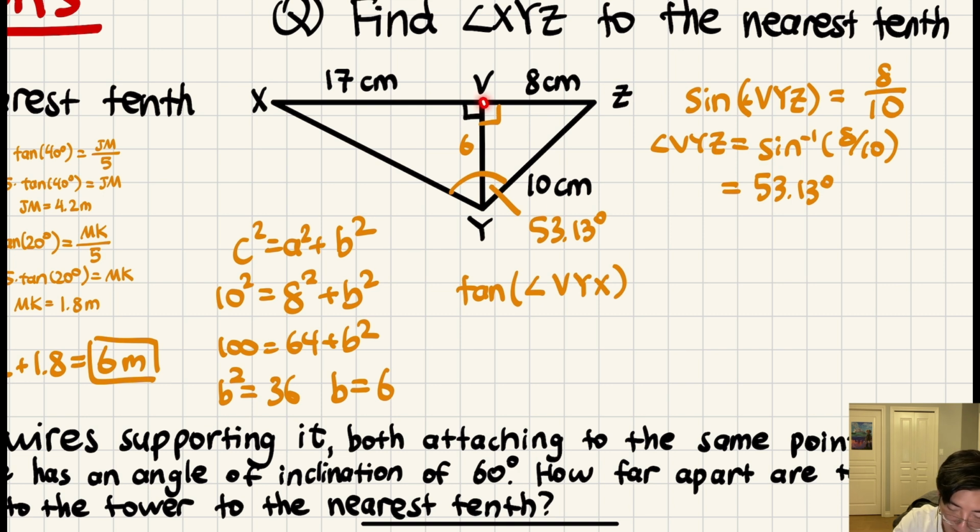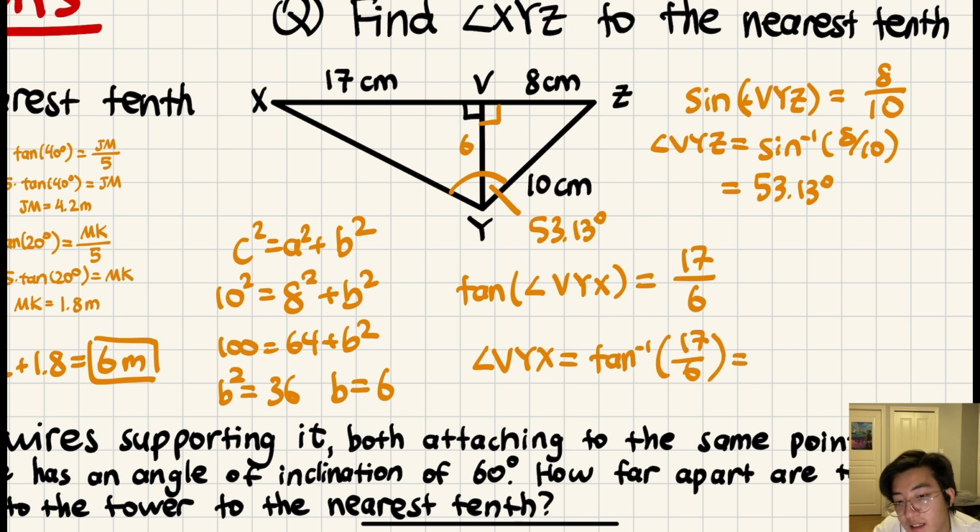Okay, so the angle from the V to the Y to the X right here, this angle. The opposite is 17 centimeters, and the adjacent is 6 centimeters. Okay, so we just inverse tangent that, 17 over 6, to get